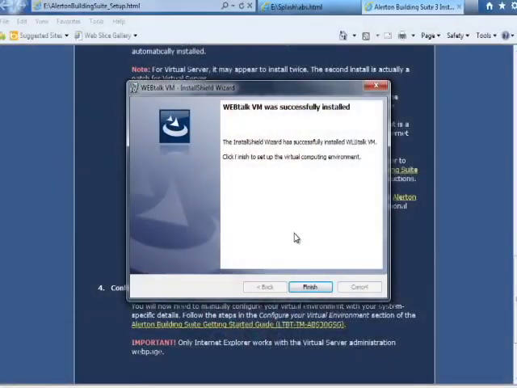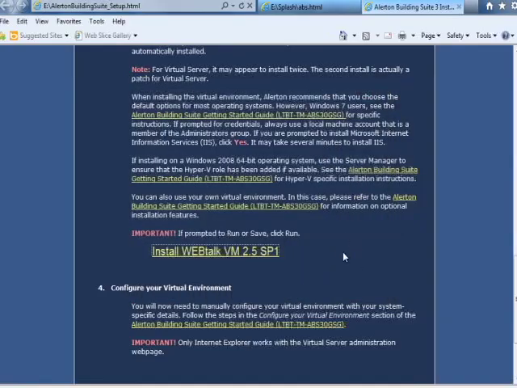Now that the installer has successfully installed, we're going to click Finish. There are a few more steps here that are going to happen. It's going to try and detect our hardware virtualization support. So if that's not enabled in your BIOS, you'll need to figure out how to enable that in your BIOS. Most computers are different on how you get into the BIOS,